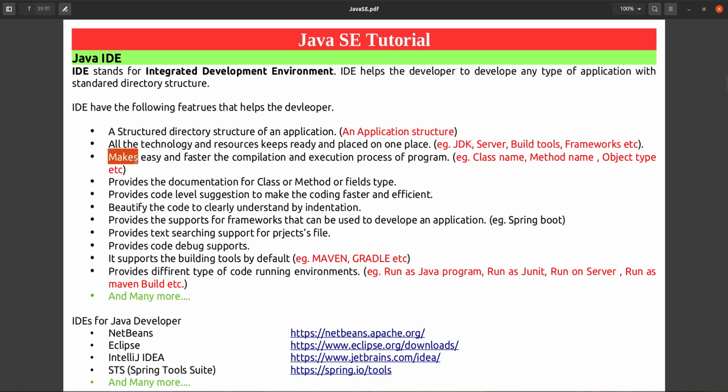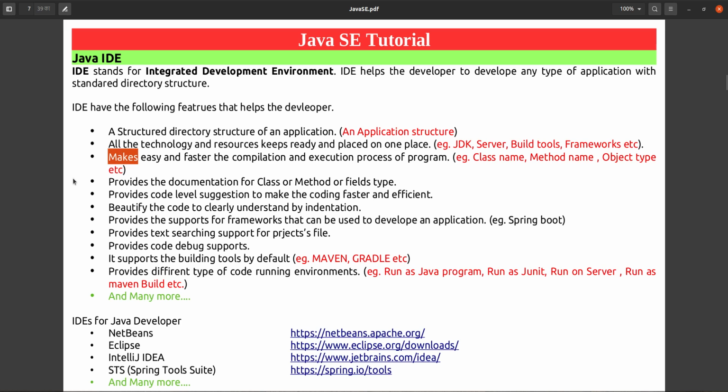And the third one: it makes the compilation and execution process of programs easy and faster. Using the command line, we have to write so many commands, so many functions, so many parameters. That is a very complicated way of compiling and executing a program, and it is time consuming also.